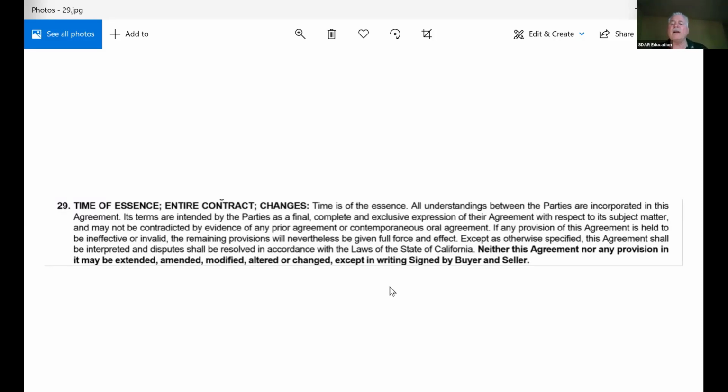All right. Entire contract. So let's talk about that. All understandings between the parties, remember parties are buyer and seller, we're in the RPA now, are incorporated in this agreement. Okay. So any understanding that we have, any agreement that we have, it's all right here. There's no coming up with something else later. One of the comments I made in yesterday's BRE conversation was, please don't tell the parties, oh, don't worry about it, nobody enforces it. Or listen, you could be creating an illusory contract, and an illusory contract could be unenforceable. So you don't want to be doing that because your job is to create agreements between parties.